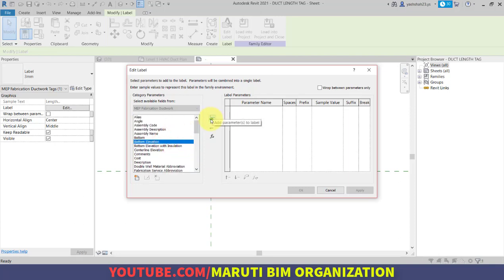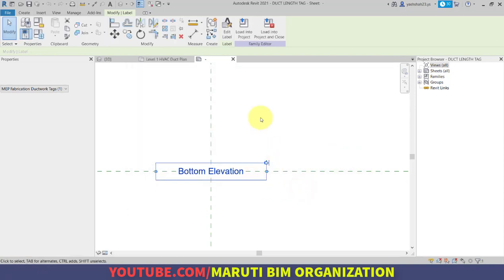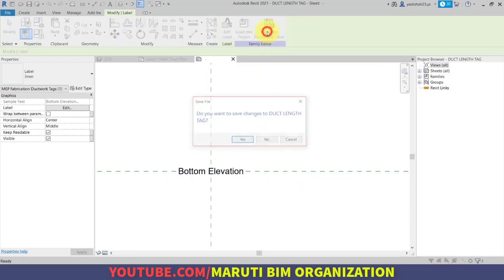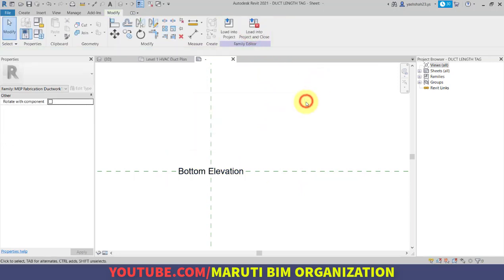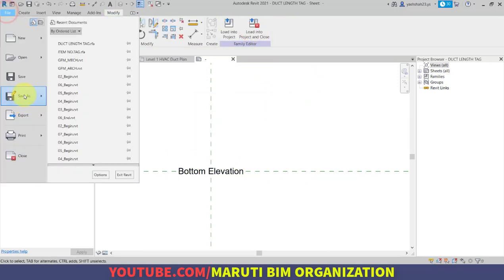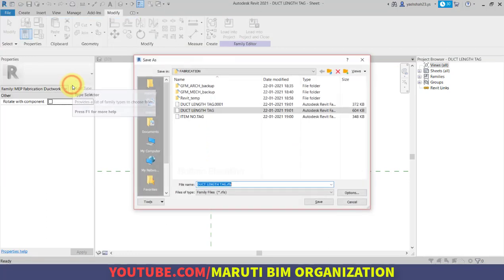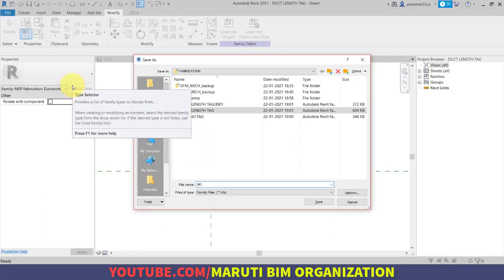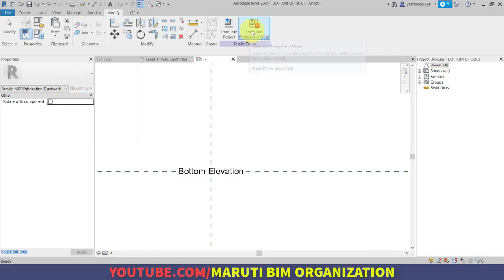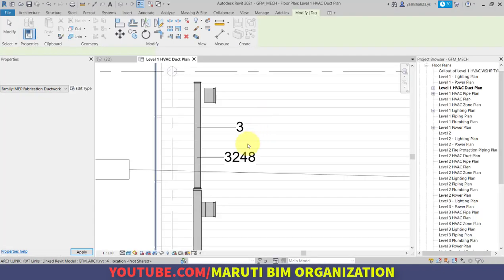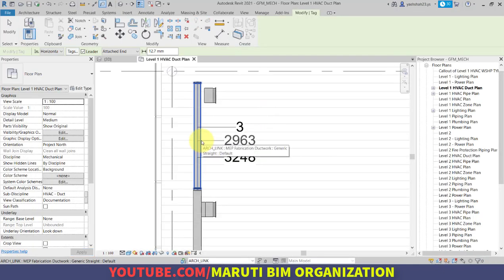So we will use bottom elevation and sample value. Okay, and load into project. But before doing this, let me save as this family bottom of duct, load into project and close, and simply click on this.